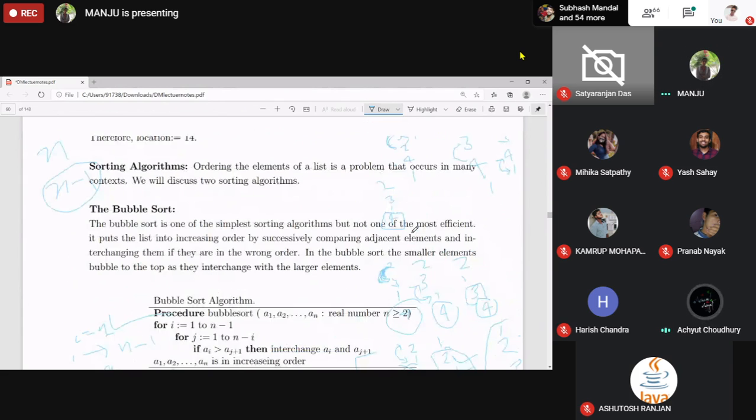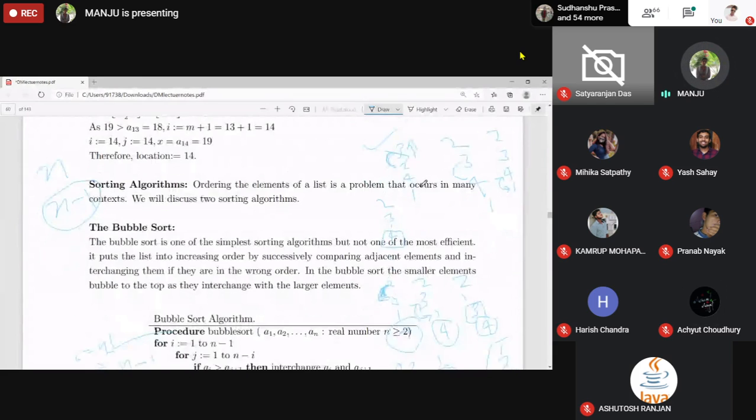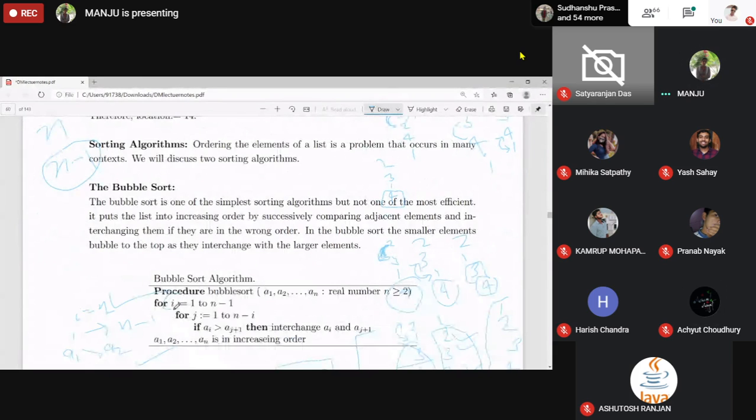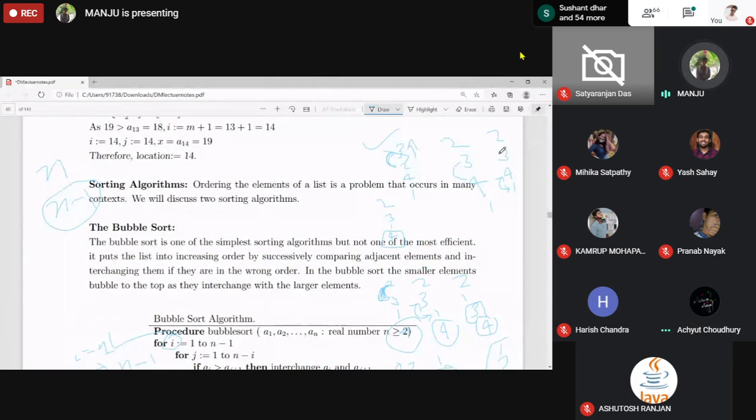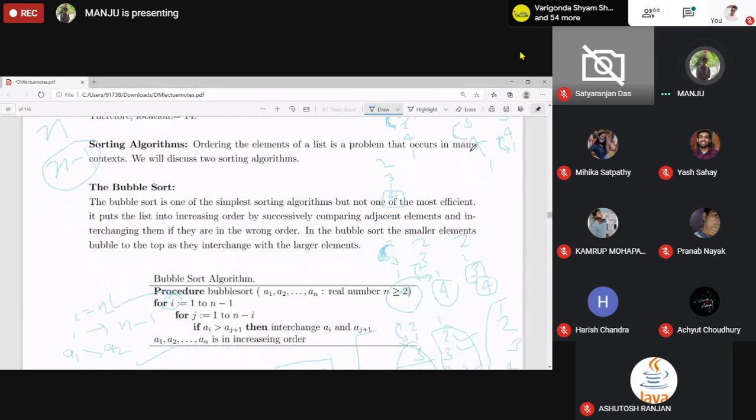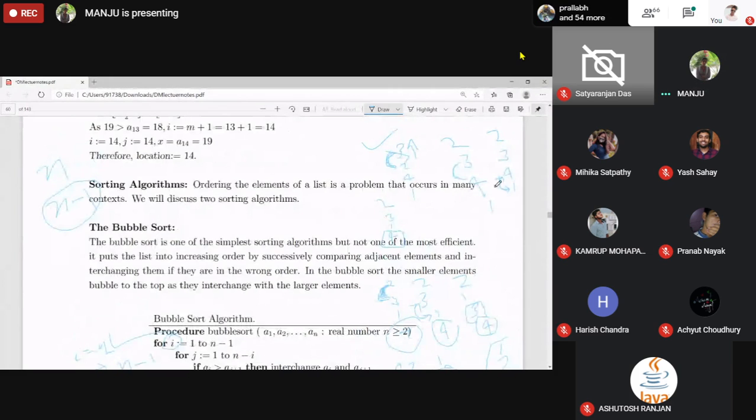What is the meaning of J actually? See, I is for the pass, and J is to compare, to pass through the list. First we are comparing these two, then these two. This is the meaning of J. For J is equal to 1, we are comparing this one; for J is equal to 2, we are comparing this; for J is equal to 3, we are comparing this one. J runs from 1 to 3 when n is equal to 4 and I is equal to 1.